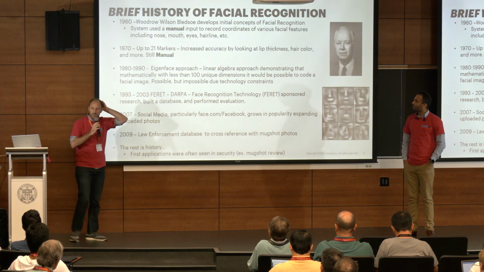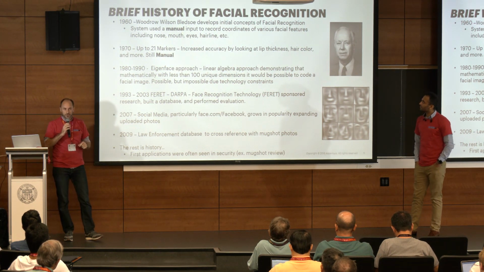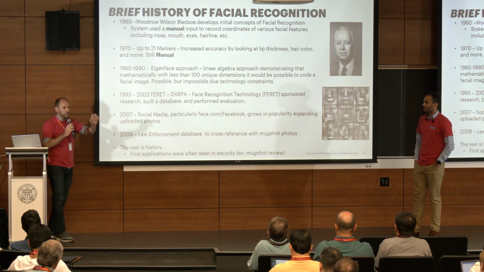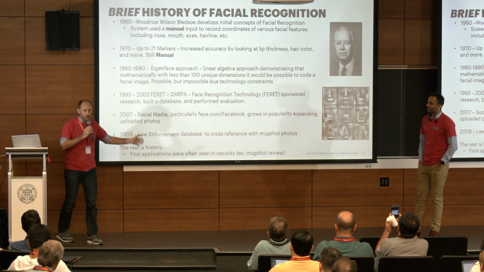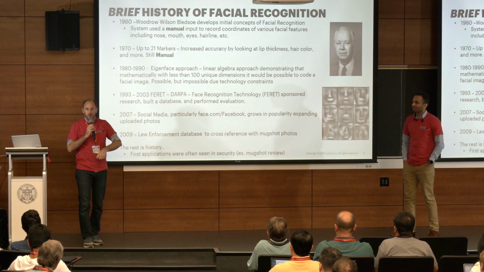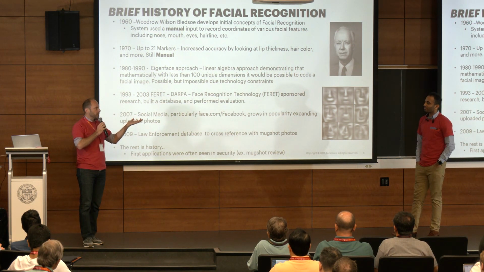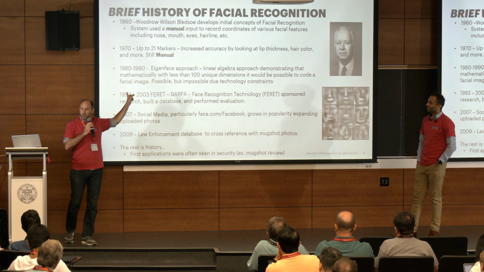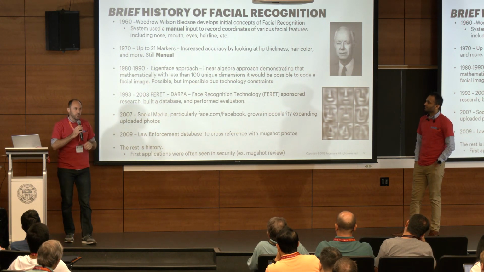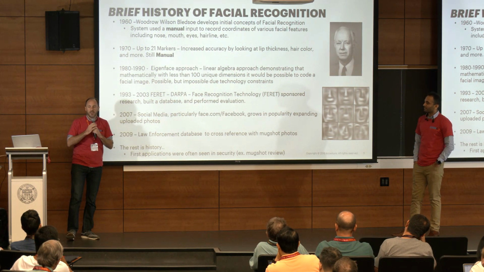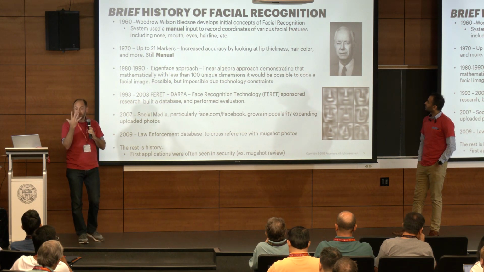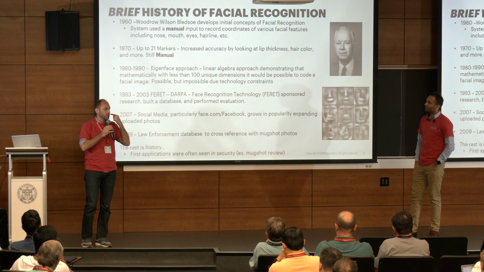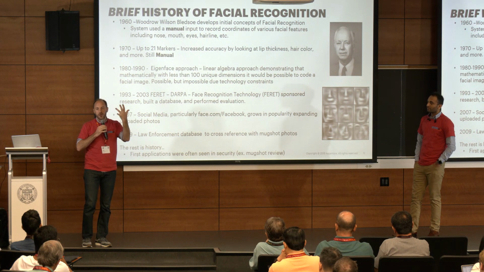Back in the 1960s, there was this gentleman, Woodrow Wilson Bledsoe, who basically developed this idea that there are patterns within systems, and that we can use those patterns for programmatic reasons. Seems obvious, of course, that's what software is, but at that time it wasn't quite that way. What we were pointing out here is they developed a system to take a look at a face, find landmarks within that face, like the mouth, eyes, lips, etc., and draw mathematical equations between them to find some sort of predictive patterns about that.